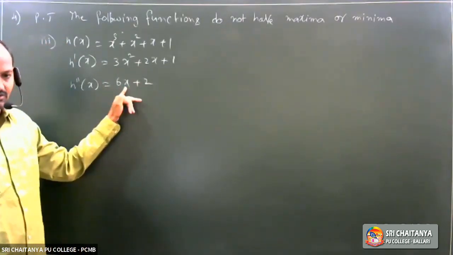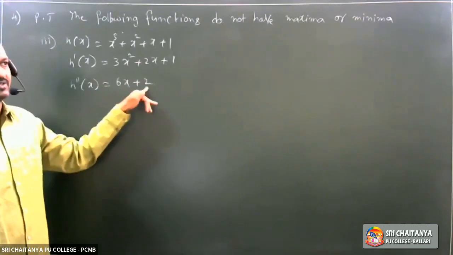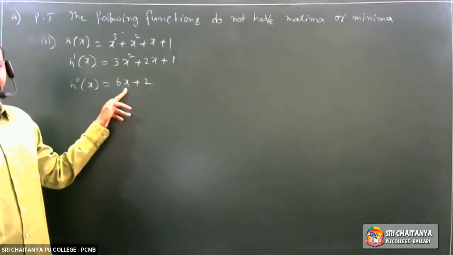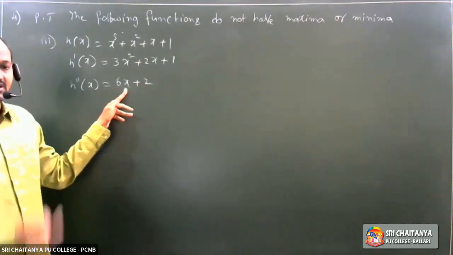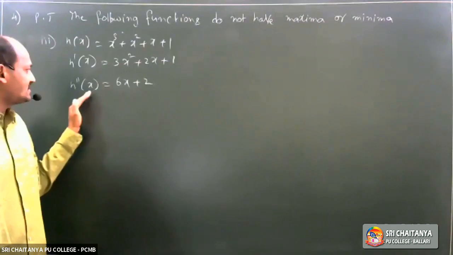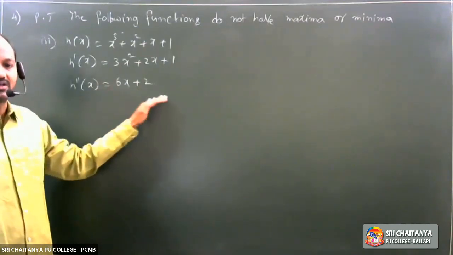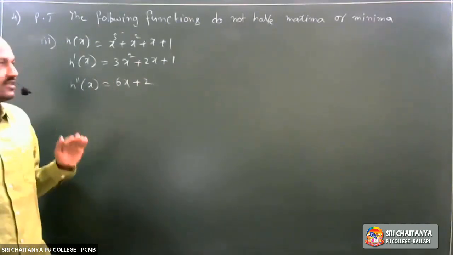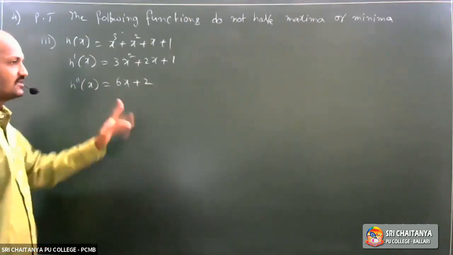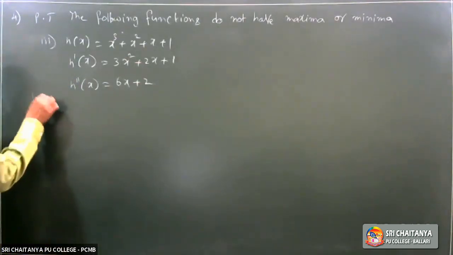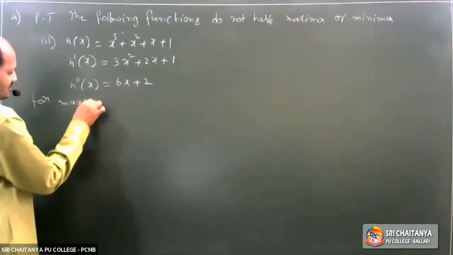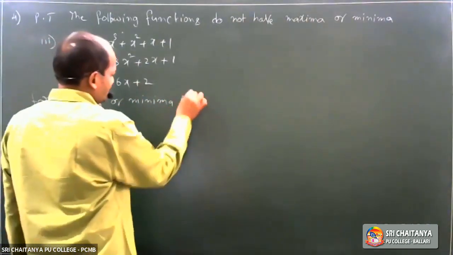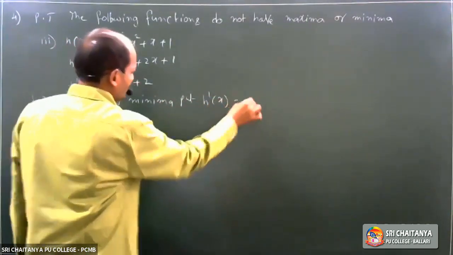If x is 0, positive; x equal to 1, positive; 2, positive; 3, positive. In case x value is negative, minus 1, minus 2, minus 3, minus 4, and so on, then it will be negative. Okay? This is the second order derivative, positive or negative depending on x. So first we have to find the value of x. How to find the value of x? For maximum or minimum, put the first derivative equal to 0.